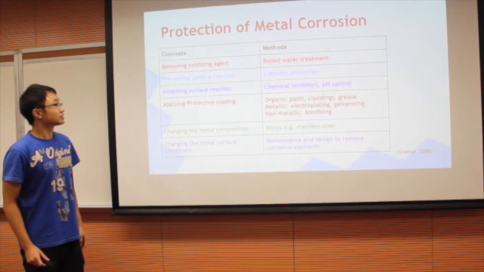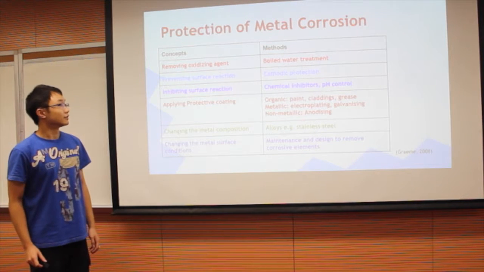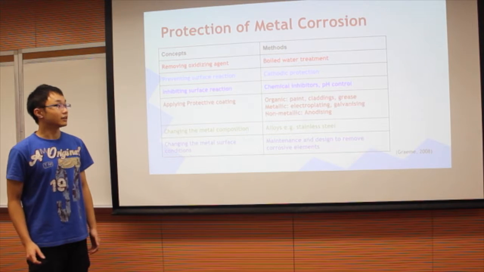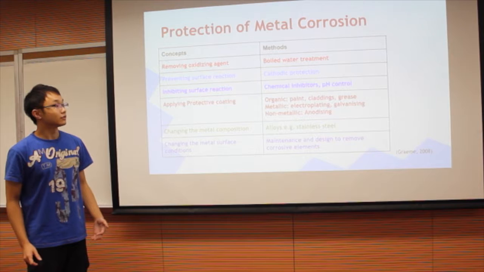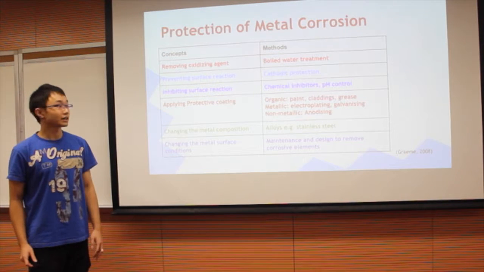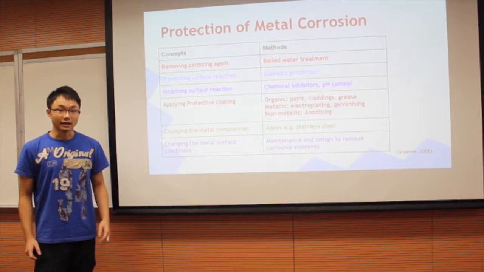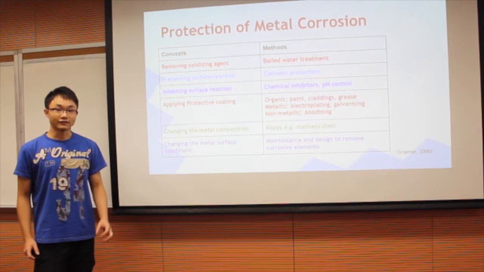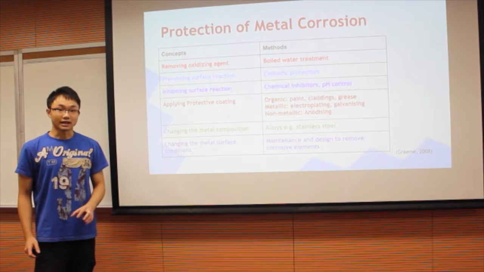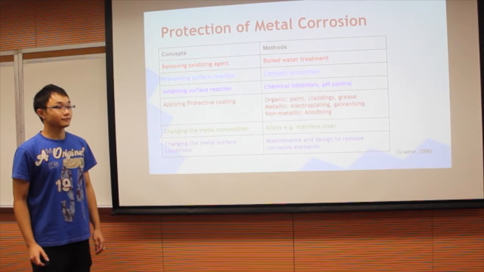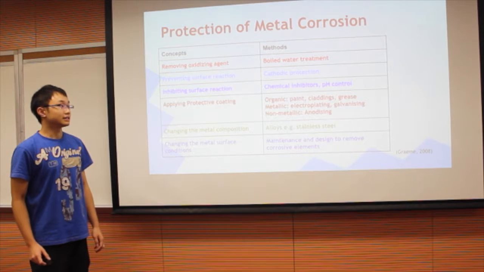The second concept is the prevention of surface reaction. It's to prevent the metal from corroding through cathodic protection. Cathodic protection refers to a higher reactivity metal directly contacting another metal, and the less reactive metal would have